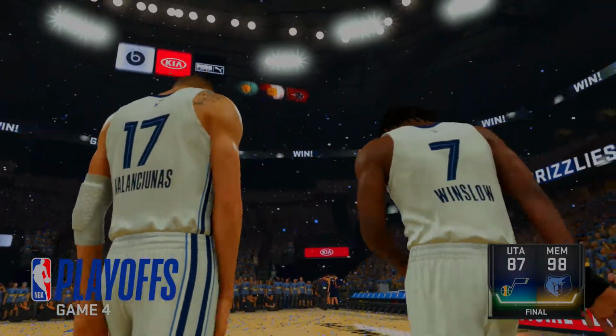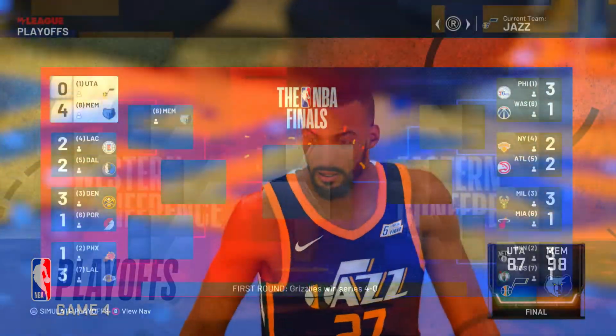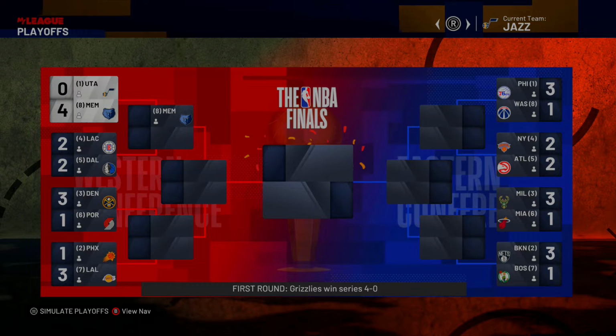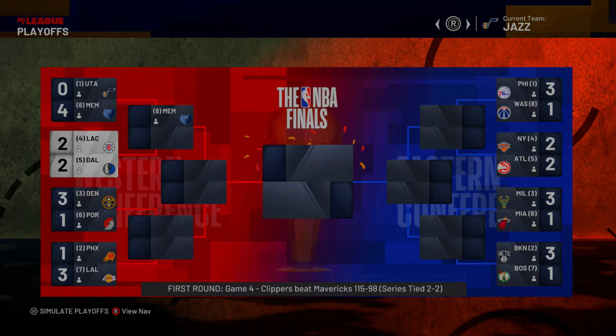What other games we got to look at? So here's a look at the playoff bracket so far through 4 games in the first round. As we know, the Memphis Grizzlies pulled out a sweep versus the best team, the Utah Jazz, in the Western Conference. And let's take a look at some other matchups, including a 2-2 tied series between the Clippers and Mavericks,